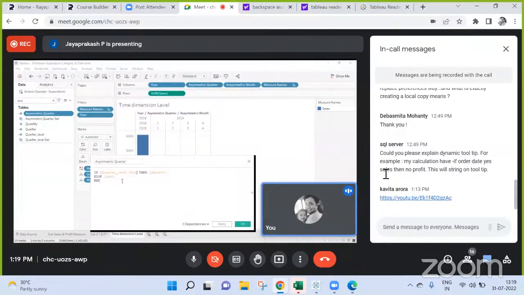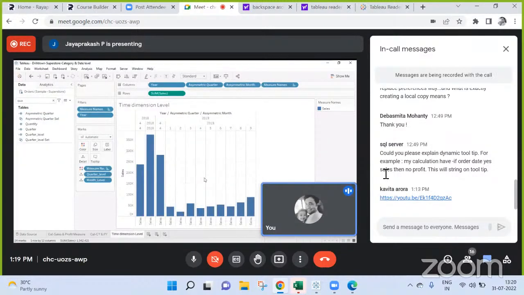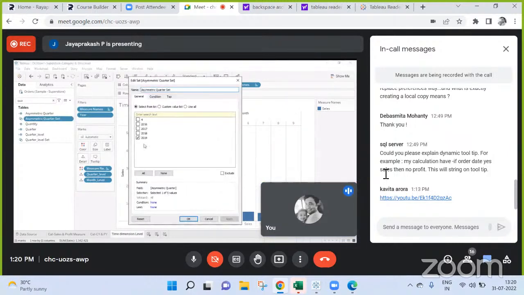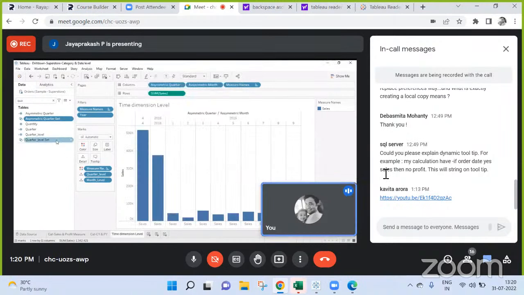You have the quarter level set. Okay. Now remove year from the view. I think your calculations are based on year set, right? It should be quarter set. The set actions. Yes, correct. Both a year set and a quarter set I created. No, you didn't have a quarter set earlier. Quarter set I am having now. This asymmetric quarter set here. No, again, asymmetric quarter set will not do.